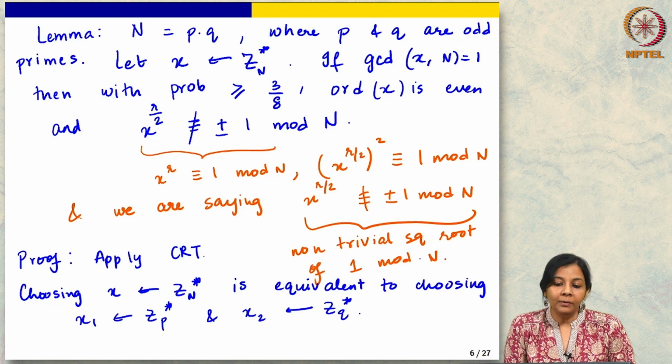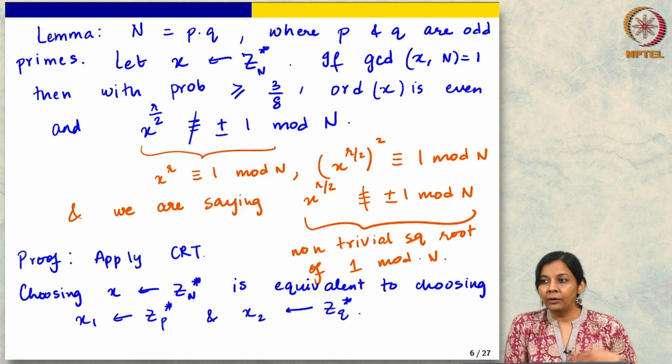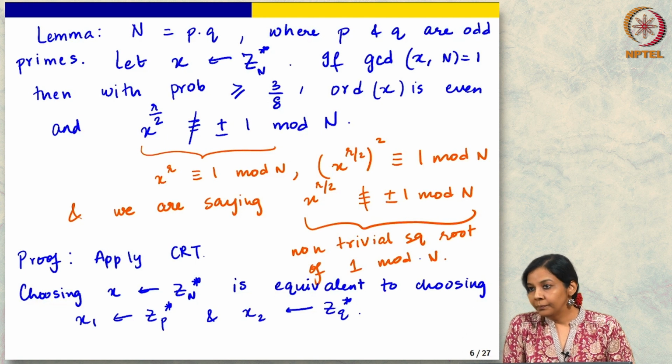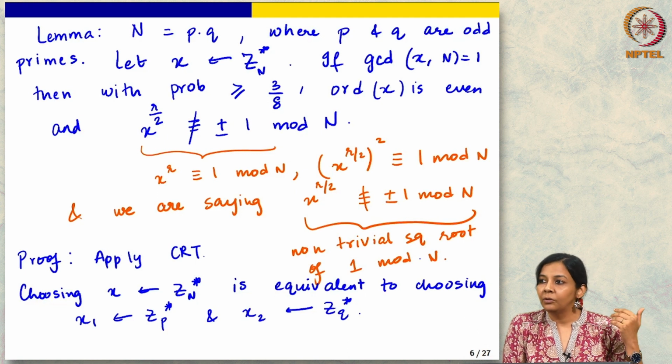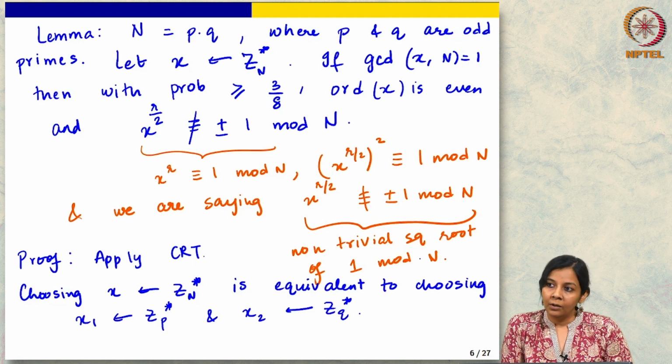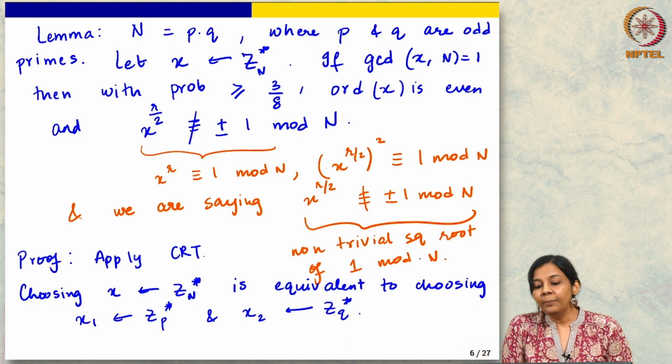So, why are we doing this? We are trying to come up with an algorithm for factoring. Let us say that we have a box that solves the order finding problem for us. What do we need to give this order finding box? Some element x, so that it can find its order, and we need to use that order finding box to find a non-trivial square root of 1, and then use that in turn to find a factor of capital N. Do you see any problems in what we have written so far?